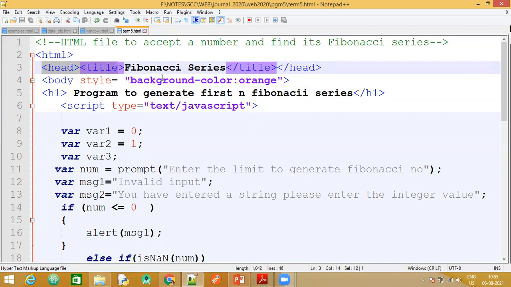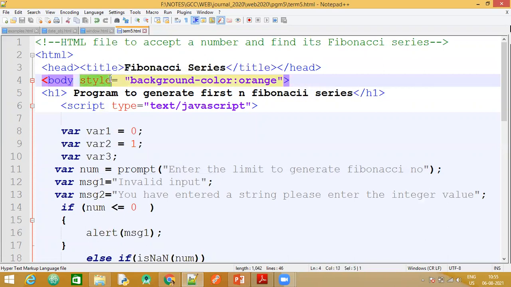Then if you want to have any other headings or any other CSS part, that is to beautify the browser screen, you can also do that. Now in the body section, I have included one simple CSS, that is style, and I have given the background color for my entire browser screen, and the background color is orange. Since I have applied this CSS property to the body element, the entire screen window is going to be taken up. Then one heading tag here. If you want, you can align this in the center.